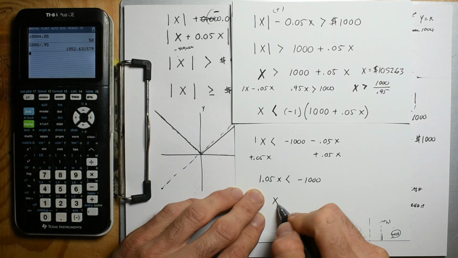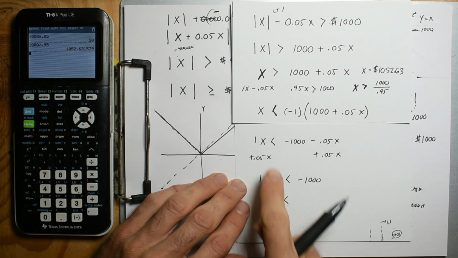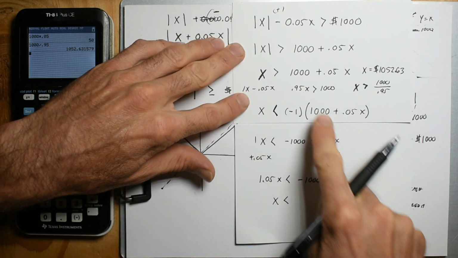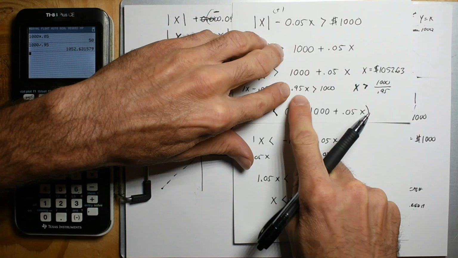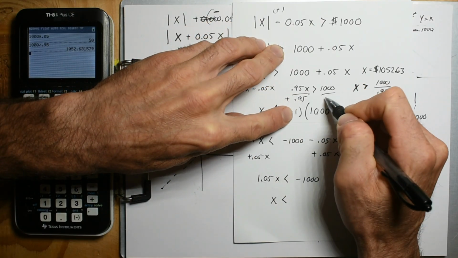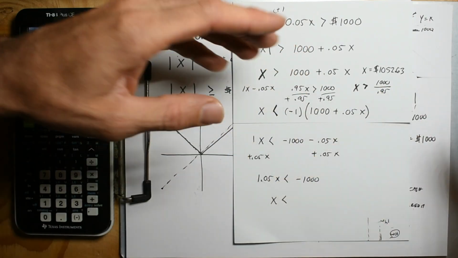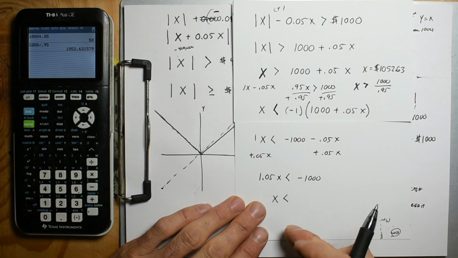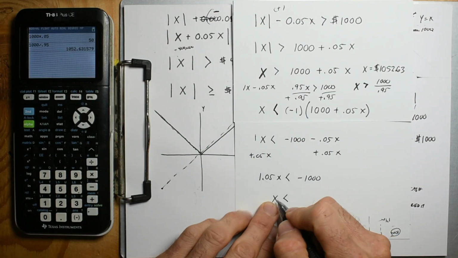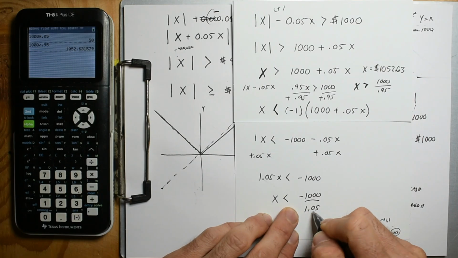If I'm going to solve for x, at no point over here, when I got this, am I doing anything other than dividing by a positive 0.95. So that's what I did on both sides, and this equality sign doesn't change. All right, so now I have x is going to be negative $1,000 divided by